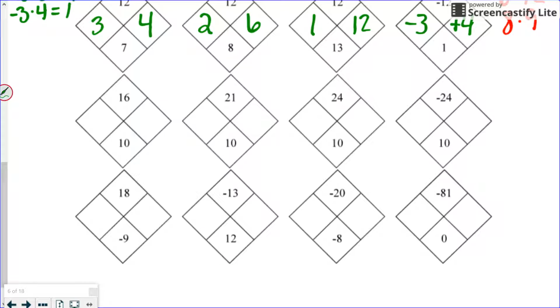All right, last two rows. Factors of 16 are 1 and 16, 2 and 8,